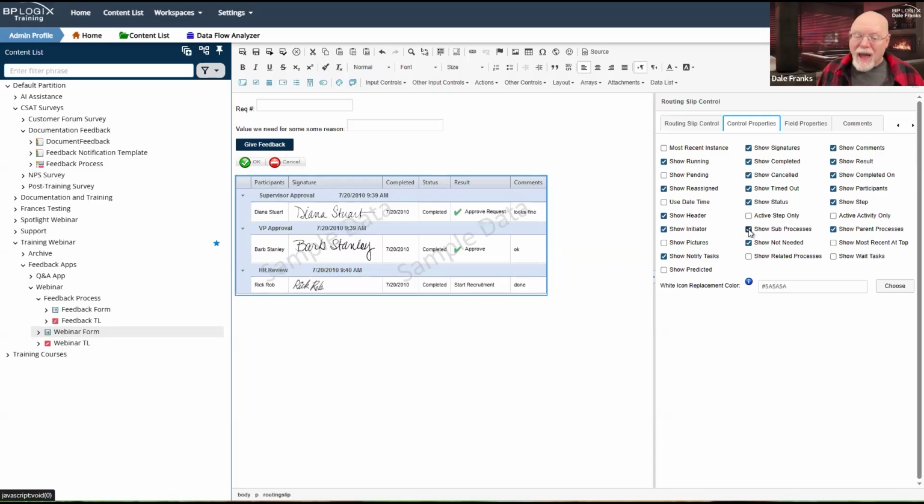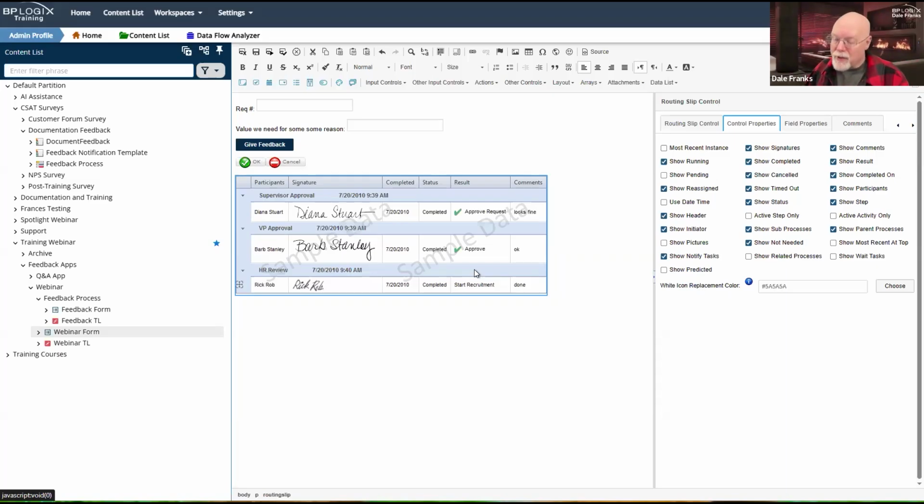So that button that we just saw, that little checkbox, create this process as a sub-process, means that by default, in your main process, if you start looking through the routing slip, so in this case, we're talking about a feedback form, right? So somebody invokes the feedback form. So by default, the invocation of that feedback form is now going to show up on your main form's routing slip.